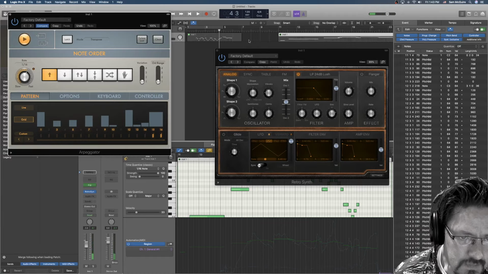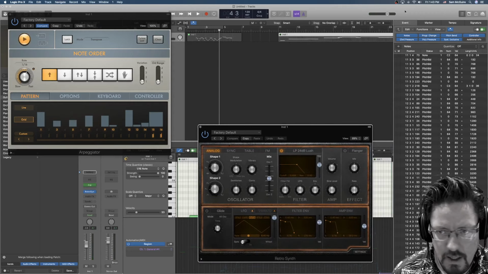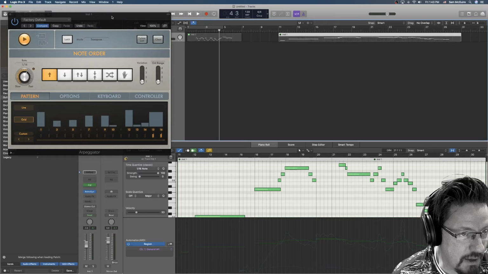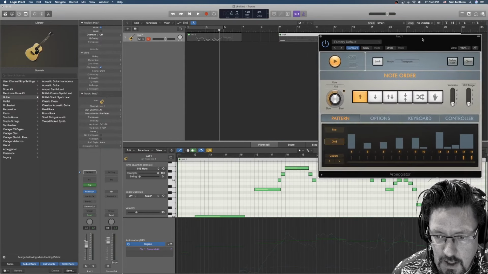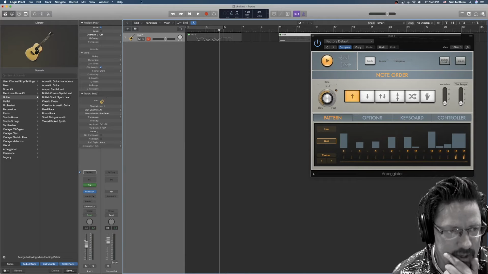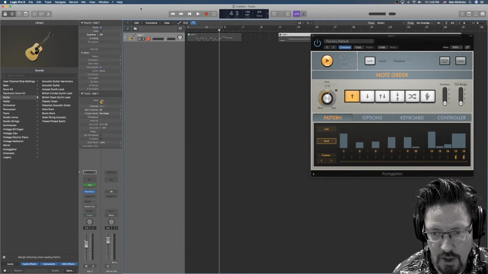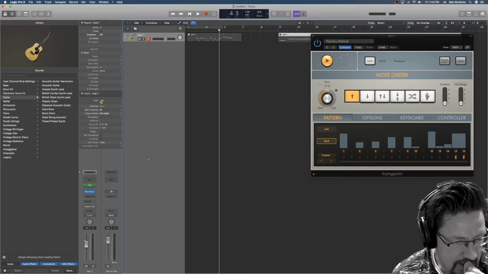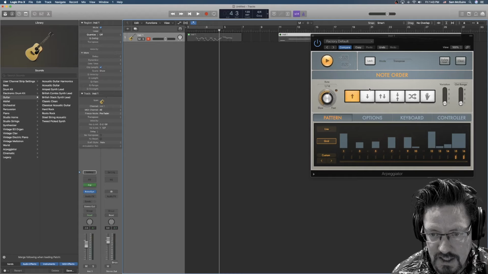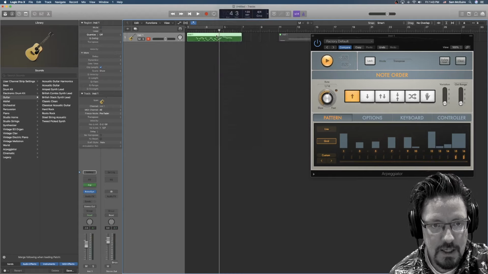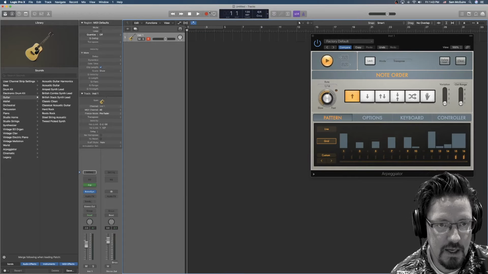Now, I've had a couple questions over the past few weeks about some of the data generated from MIDI effects. So there's one thing I'm going to try right now. It's just something I've been thinking about, but I don't know if it's going to work or not. I want to see if I can record this data in, because right now what happens is that if we play this data, record it in,